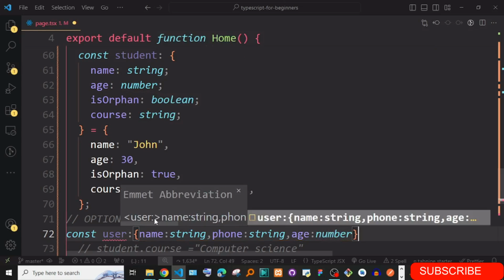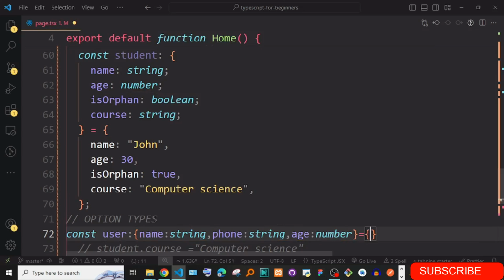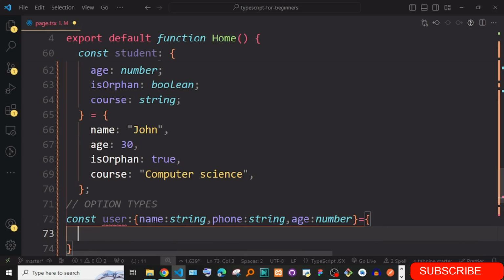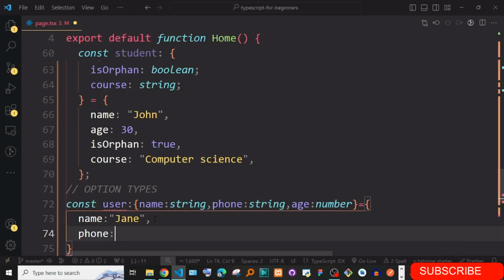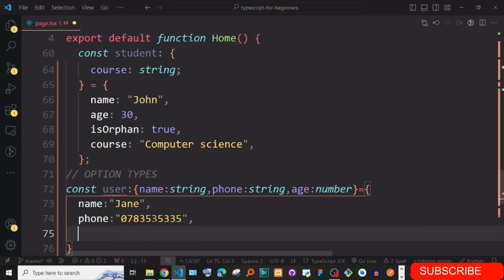Of course this would go ahead and create an object of a user, and we could start with, for instance, name to Jane, and then we create the phone, which is a string, so you can put 07 blah blah, and then finally you say a number.